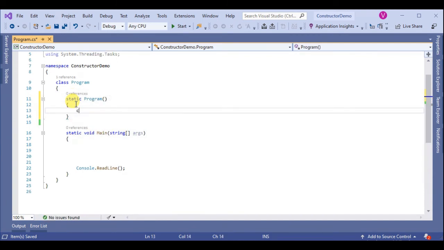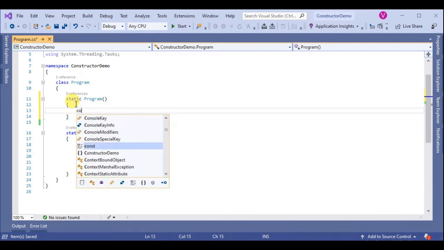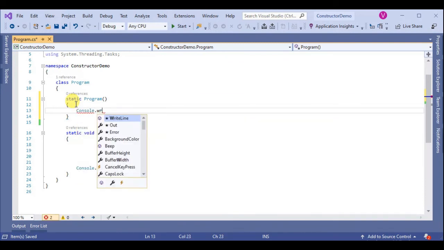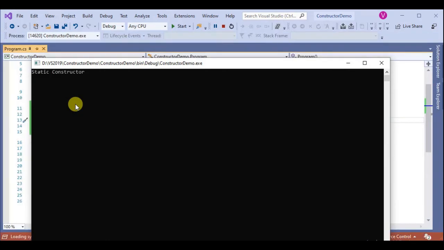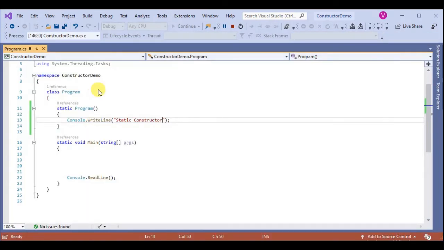Now display a message, Console.WriteLine, static constructor. Save and run. So the output is static constructor.